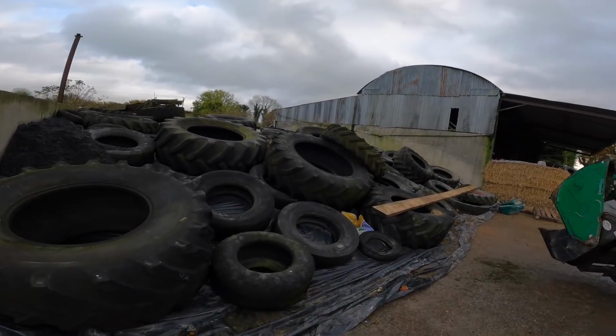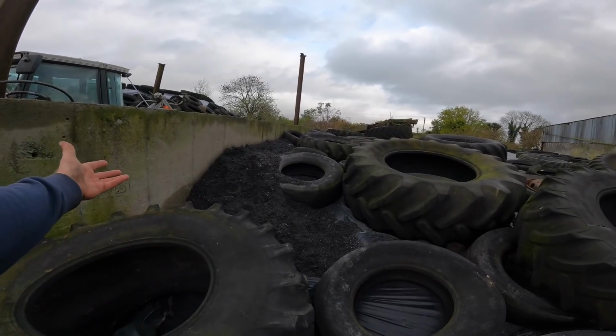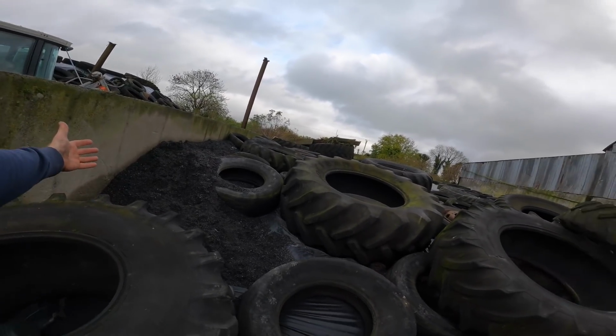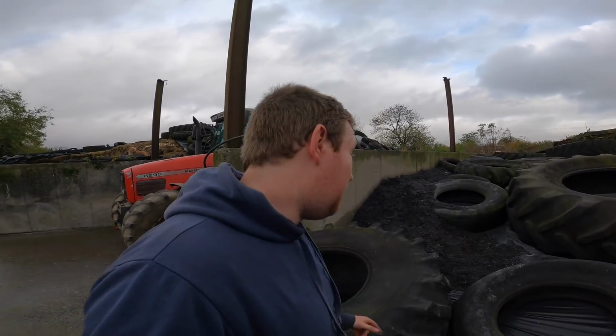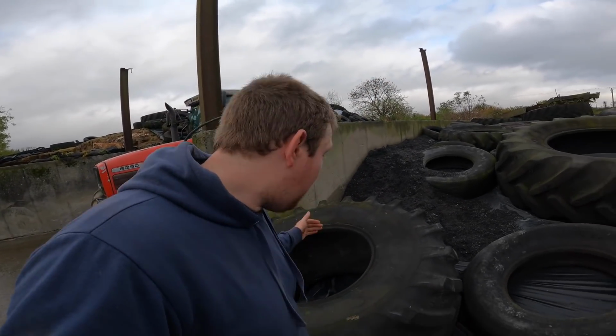Now, onto the maize pit. As you can see, Father Phil dumped some lovely gravel there. I'm not going to touch that today because there's nothing worse than trying to shovel gravel off a pit, but I'll move that next week. I'm only going to take